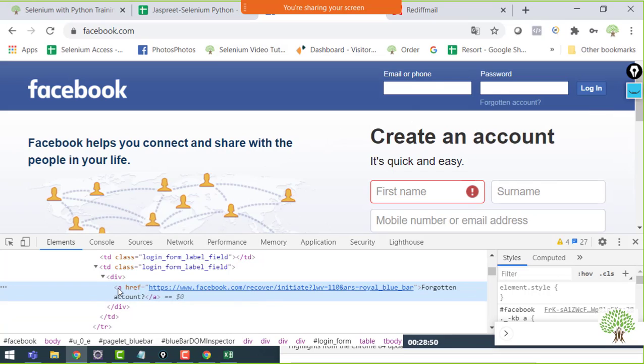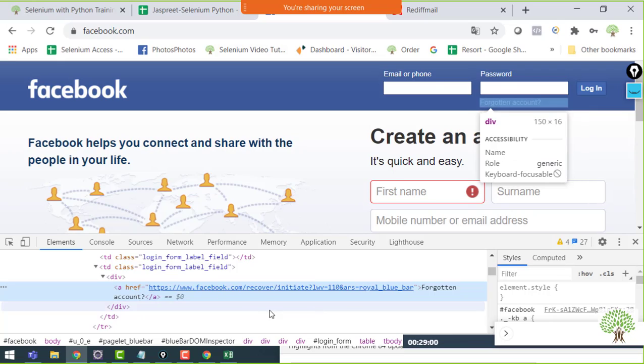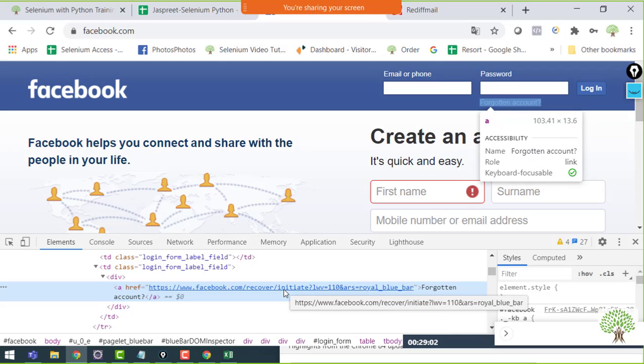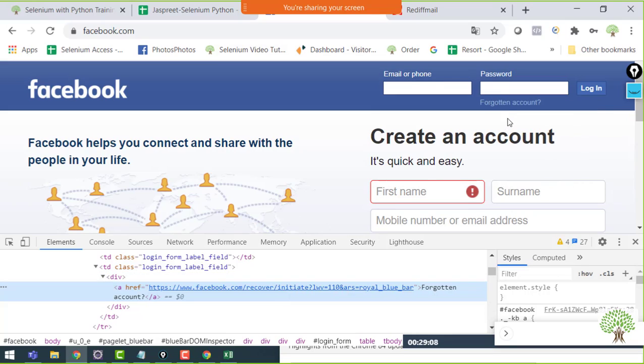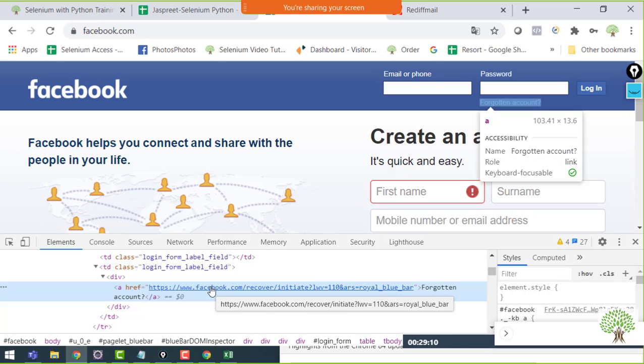This A tag is basically called the anchor tag, and its mandatory attribute is href, and you can see that it has a link inside. The link is of the page where you will be routed once you click on this link. So this is the mandatory attribute for a reason. They cannot skip this particular part.